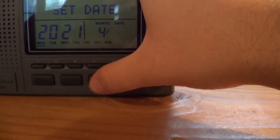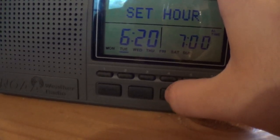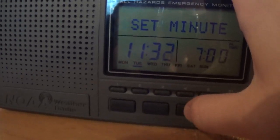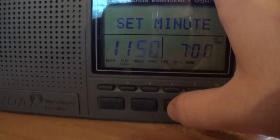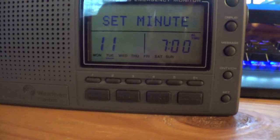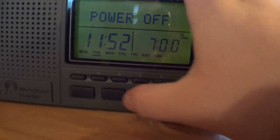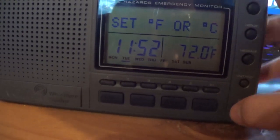So let's do that right now because it's admittedly bugging me. So today's April 13th, and that is not the right time. It is 11:51 AM. Let's go ahead and set it. It's going to turn 11:52 here in a couple seconds. In like 10 seconds. So at 10 seconds I'm going to... There we go. And yeah, I forgot to mention, this radio does have a temperature sensor, but we'll get